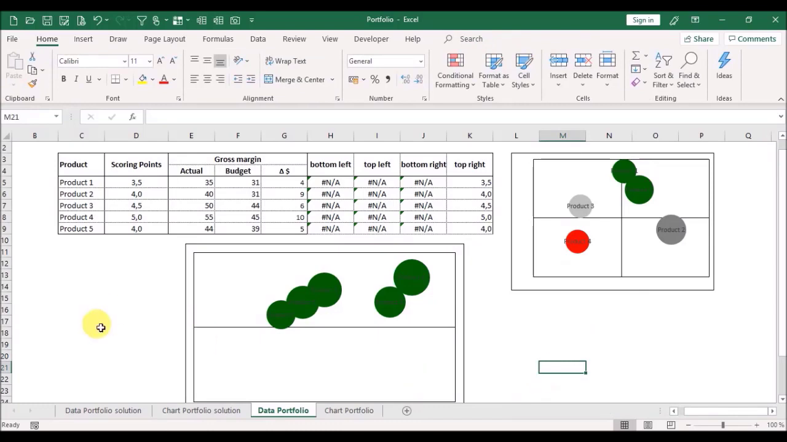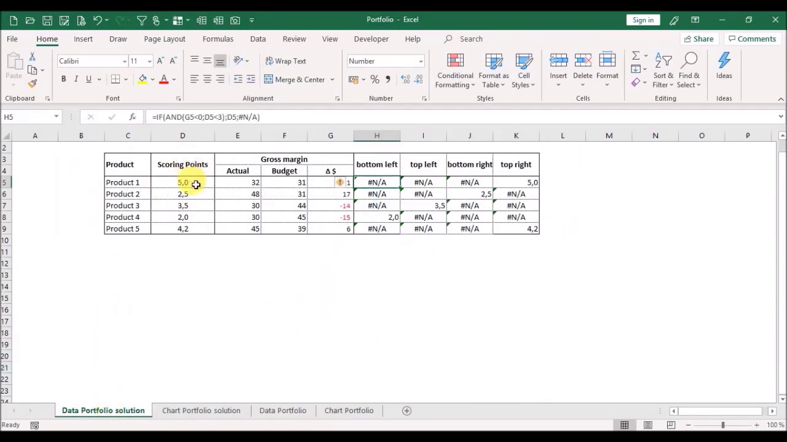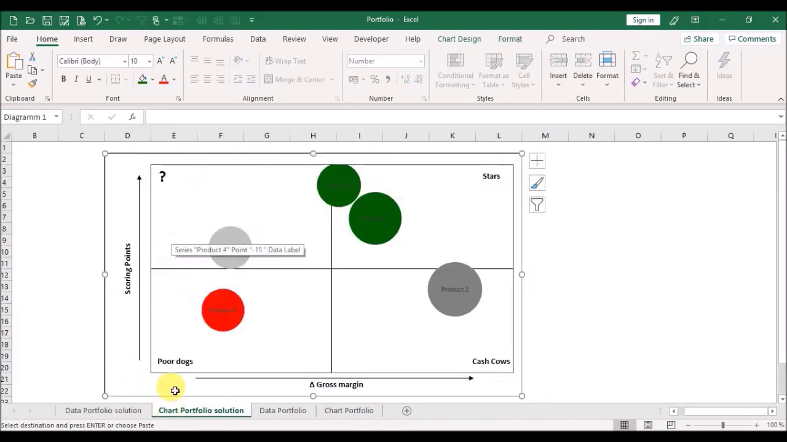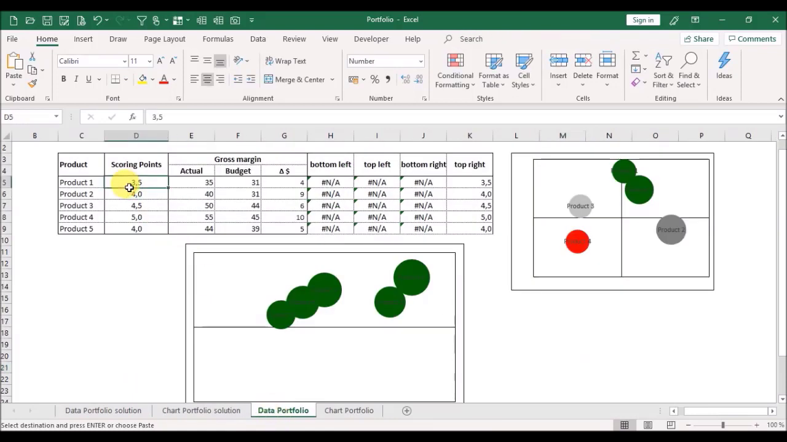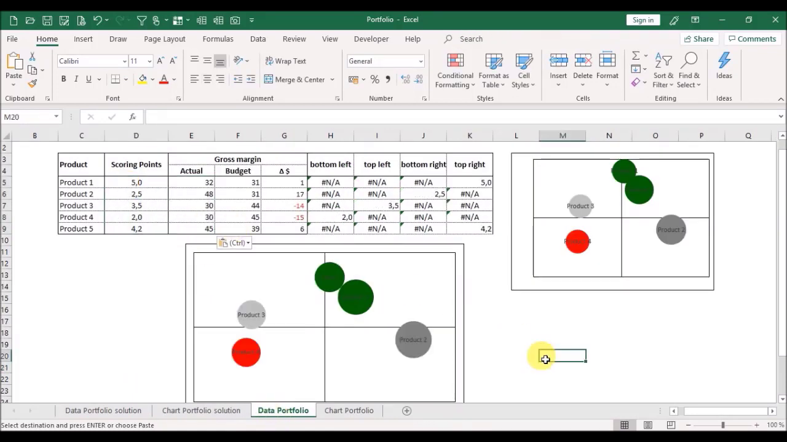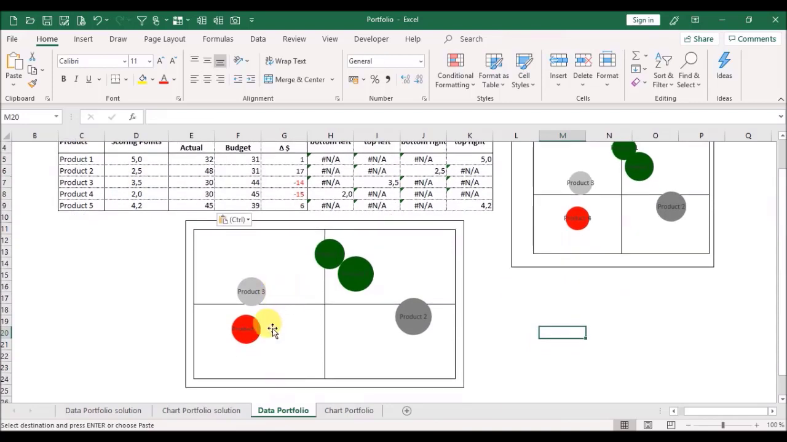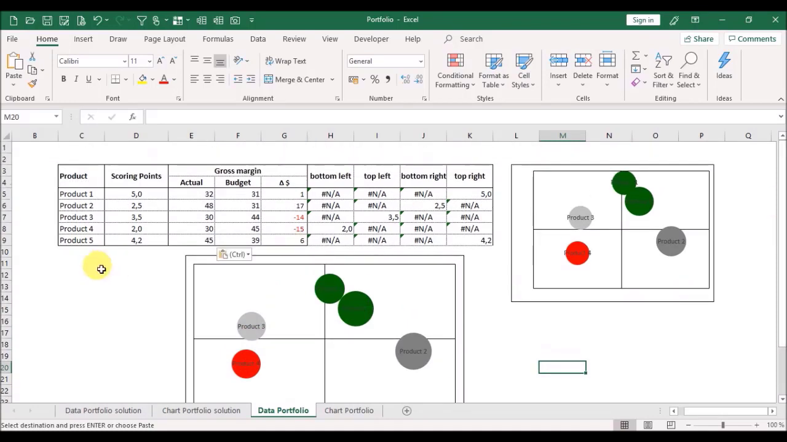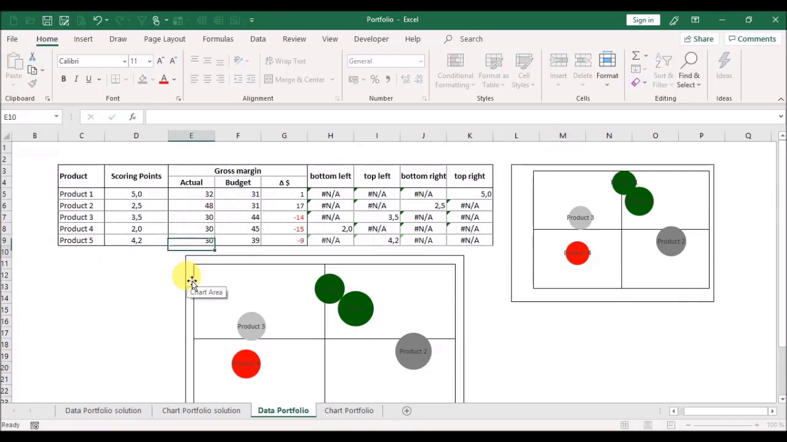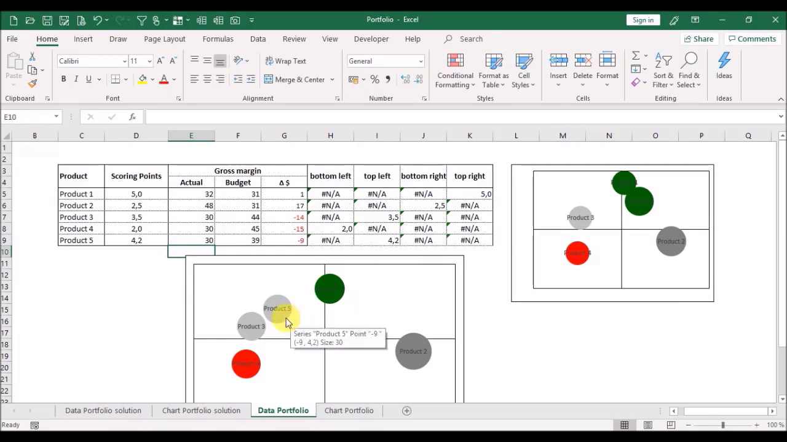Okay, then we will change our values here so that we have some different values. And you can see we have some different bubbles. We have a poor dog, we have a question mark, we have 2 stars, and we have a cash cow. And if you change the values, just for example from product number 5, from 39 to 30, product 5 changes